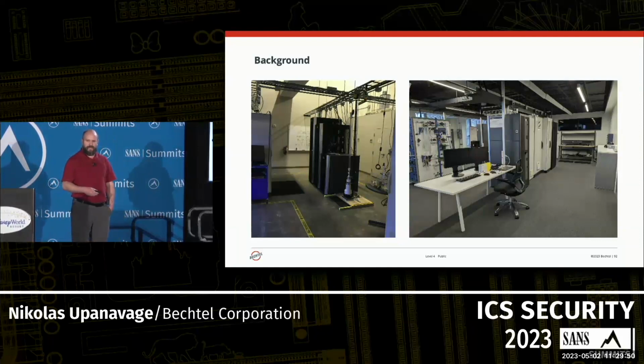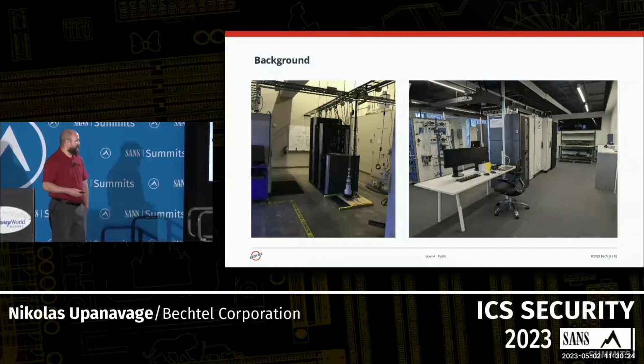It was a small lab off of our main office, and they used a demo that had a MicroLogix PLC. We used a Raspberry Pi as a man-in-the-middle attack, and showed that you can cause some process upsets with a small, inexpensive machine. And that was using Modbus as the protocol, so lots of protocol parsers for that. So it was really easy to see what was happening with that traffic.